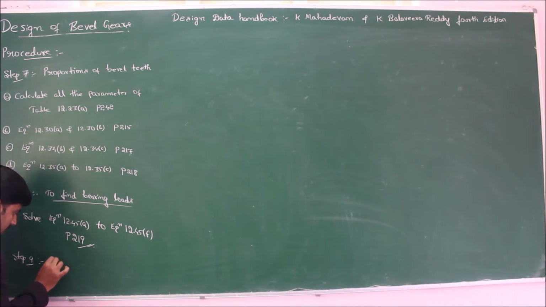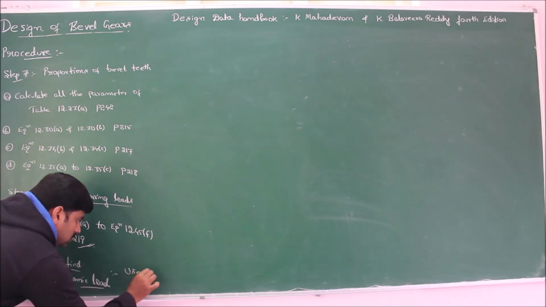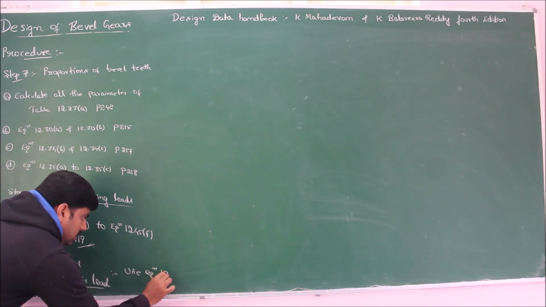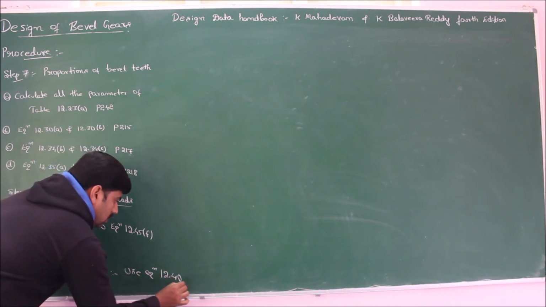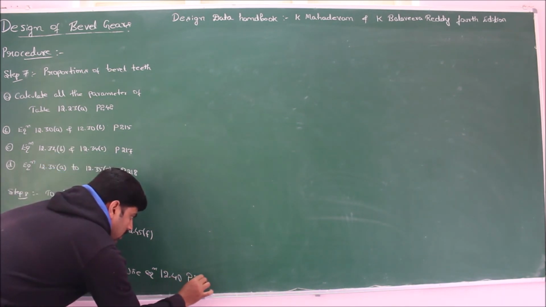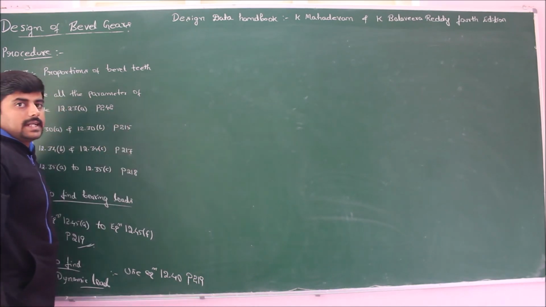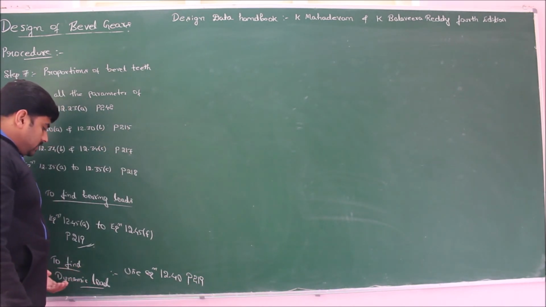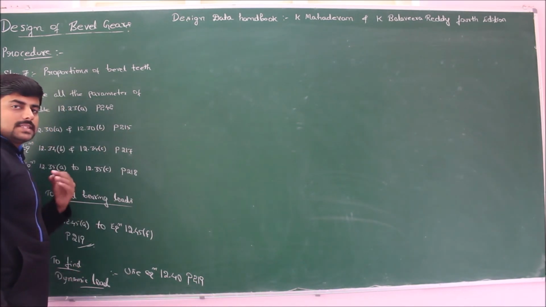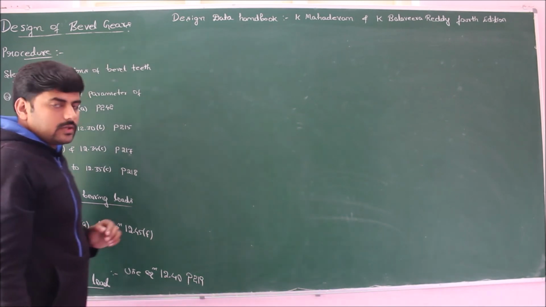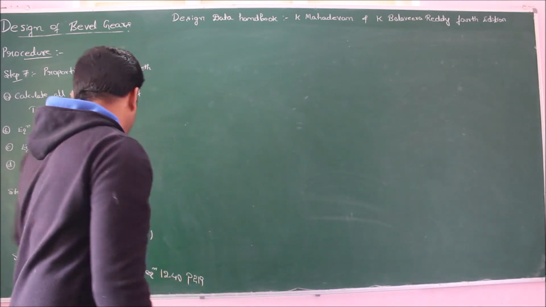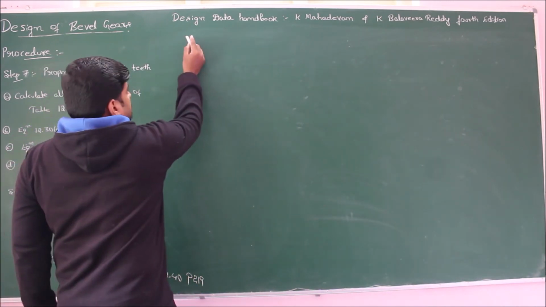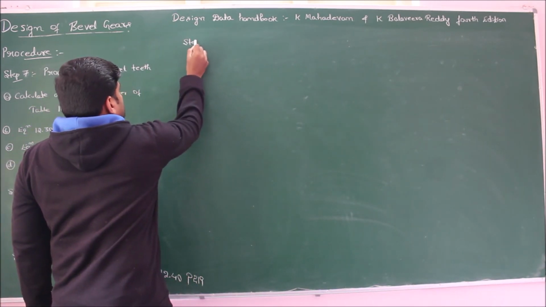that is to find dynamic load, use equation 12.40 of page number 219 of our design data handbook. The procedure to find the dynamic load remains same as the procedure what we have used to find the dynamic load on spur gear. And finally, moving on to our step 10, to find